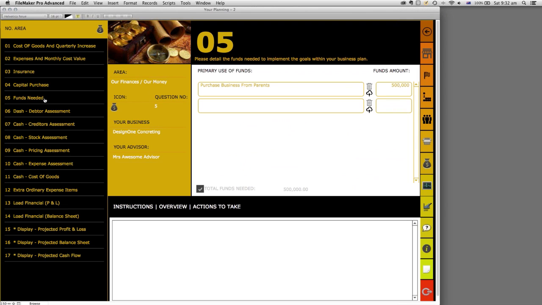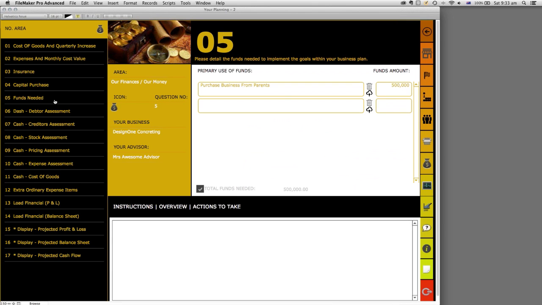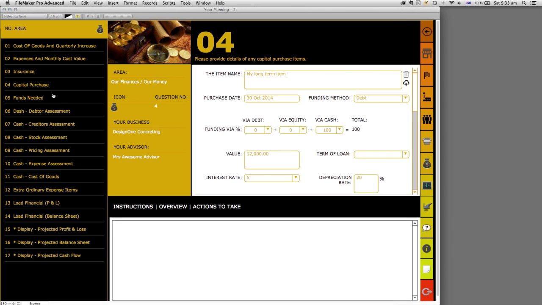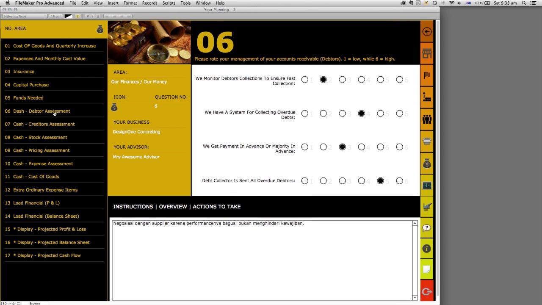We can also go, she's going for an investor. So here on funds needed 5, I need to get investment funds, and she's going to get an investor of 500,000. So we've got capital purchase here, but we've also got funds needed here. So put in that she's going to purchase a $250,000 fit out, but she needs $300,000 to operate the business. And then for the rest of it, we've got pretty much a display of